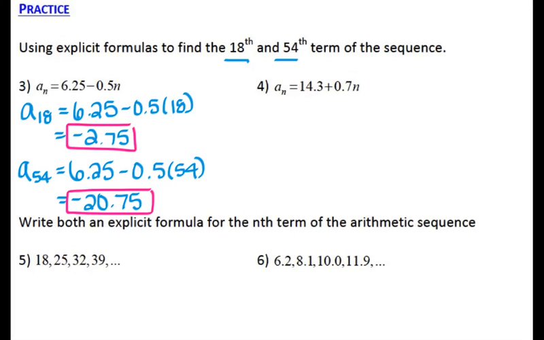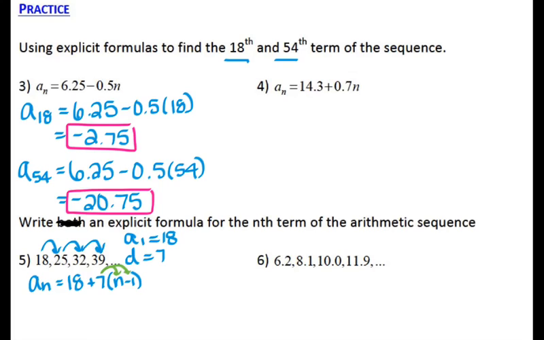For number 5, you're supposed to write an explicit formula. This right here is a typo. Write an explicit formula for the nth term of the arithmetic sequence. So you need two things. You need your first term, which is 18, your common difference, so to get from 18.25 to 32 to 39, we are adding 7. So we're writing the formula, so that's a_n equals my first term plus d times n minus 1,